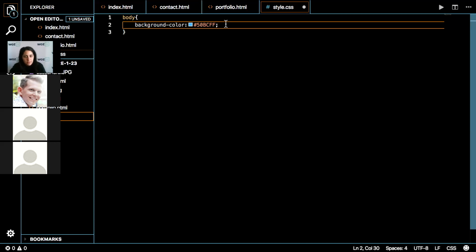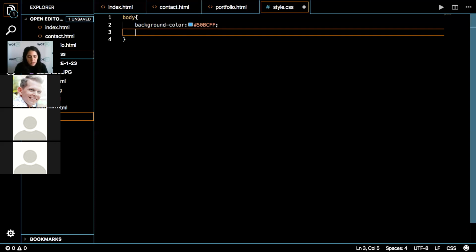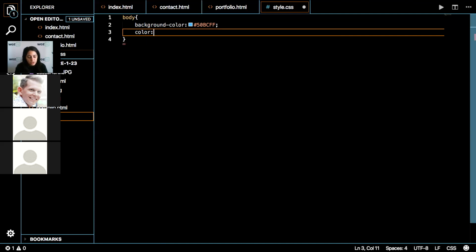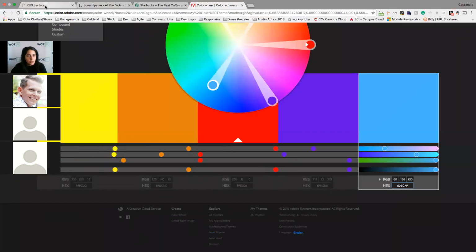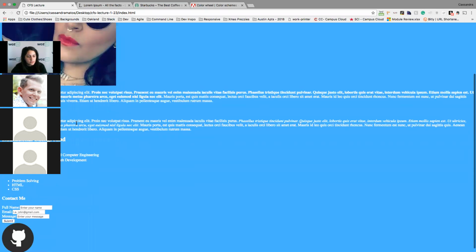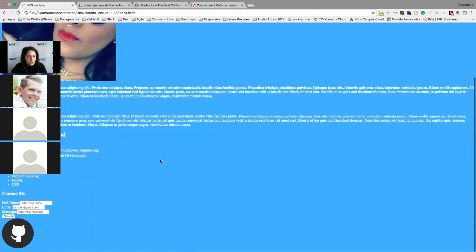So if we put that, and then let's say I wanted to change the font color, so I'll just put color, let's change font, white, and I save that. We go back here, that changed it. So since we targeted the body, we can tell that everything is styled that way.